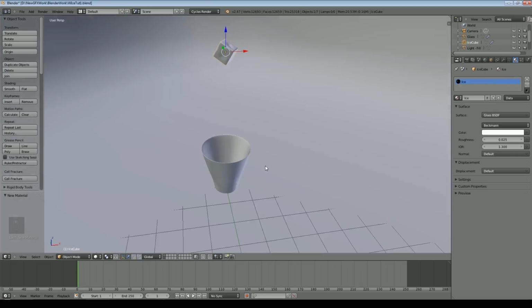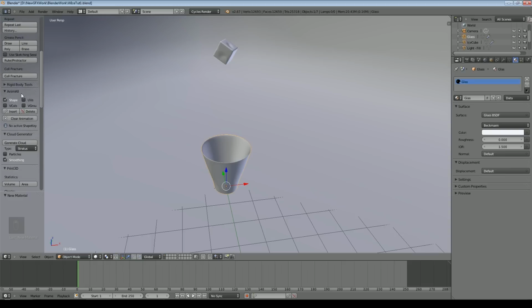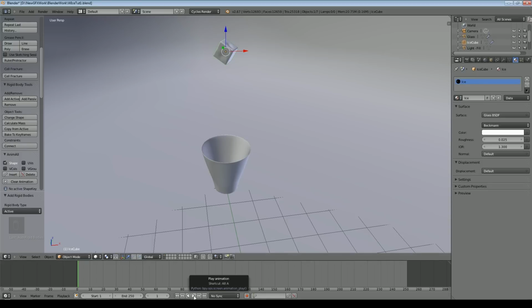So the next thing we need to do is animate that falling into our cup. So nowadays with rigid body physics that's pretty easy. So we'll come down here on the left hand side, open up rigid body tools, and we'll add the cup as a passive. And then we'll come up to our ice cube and we'll add that as active. Now let's see what happens. It's fine. That falls into our cup. And it gets there at about 25. Okay. That's all I really need to do with the ice cube at the moment.